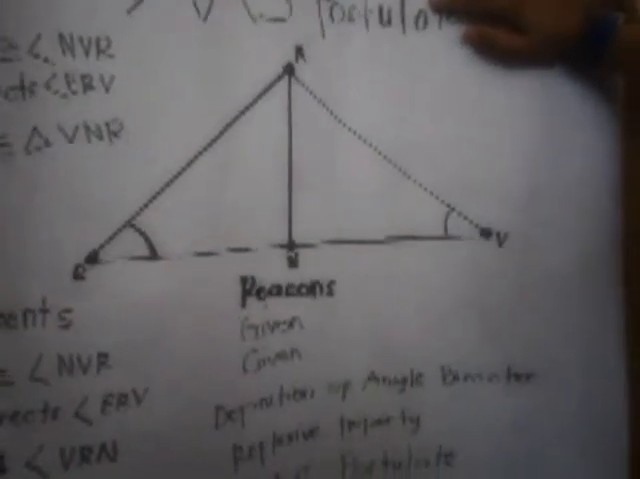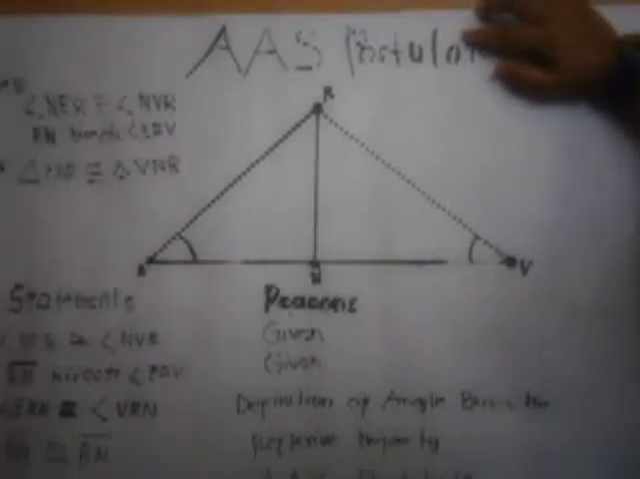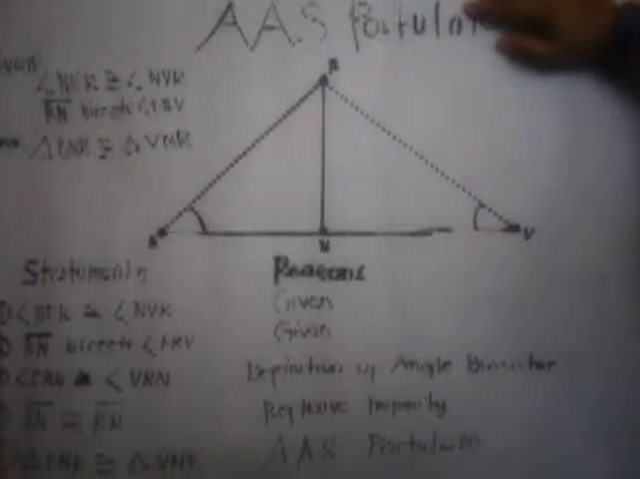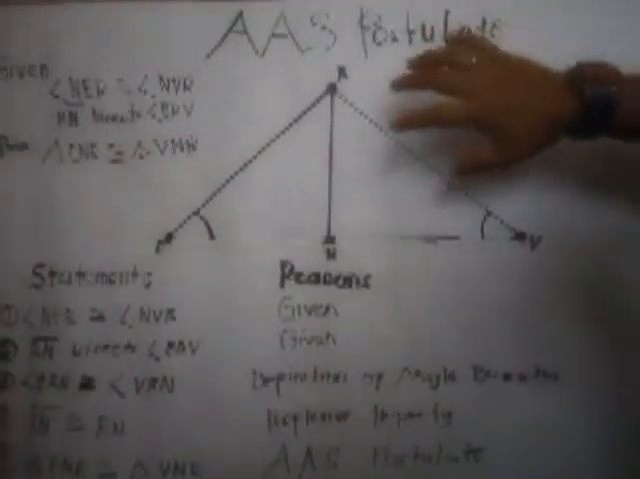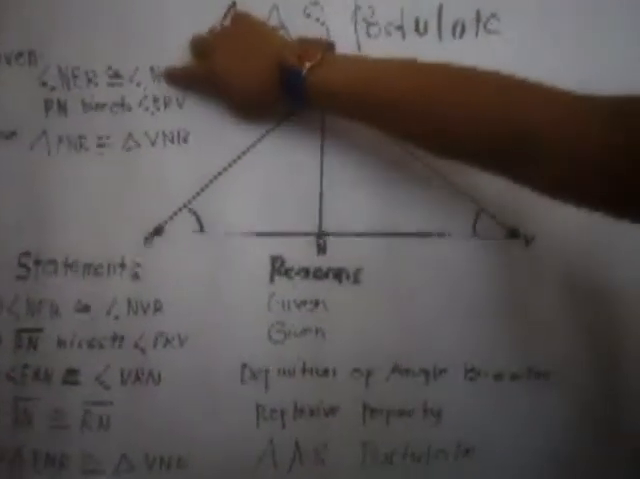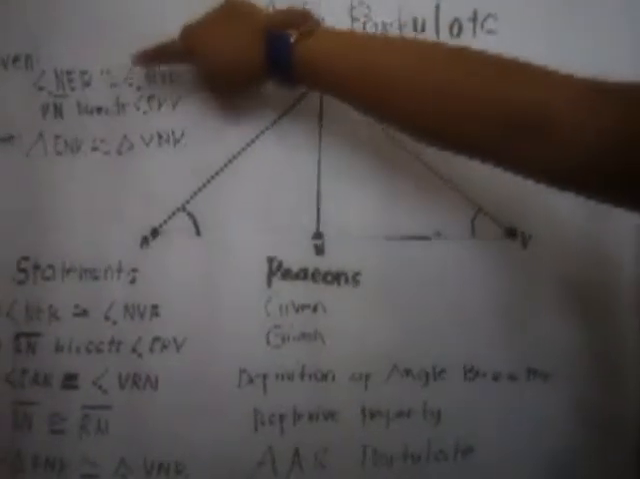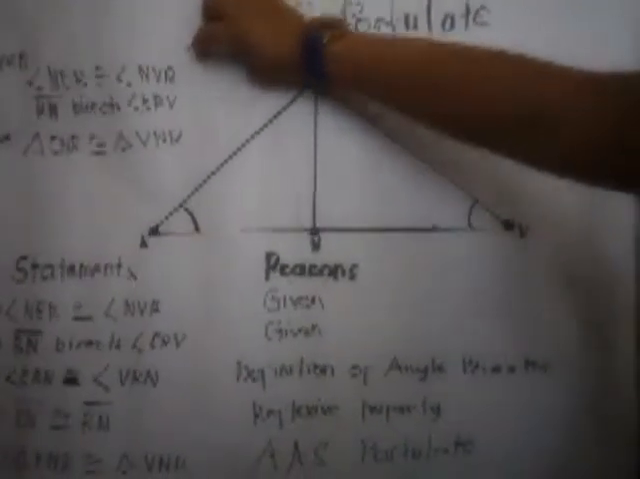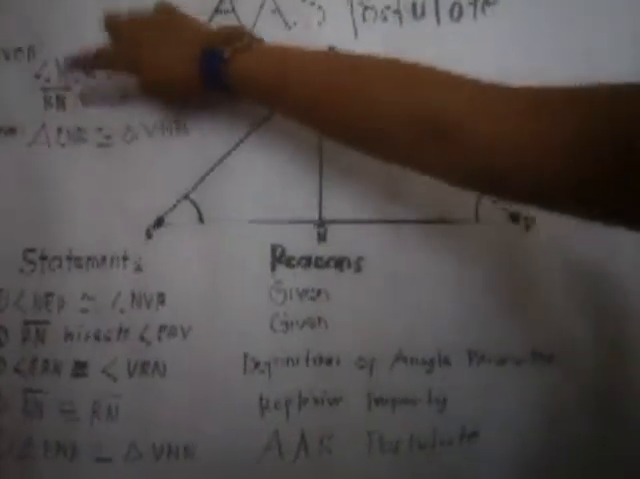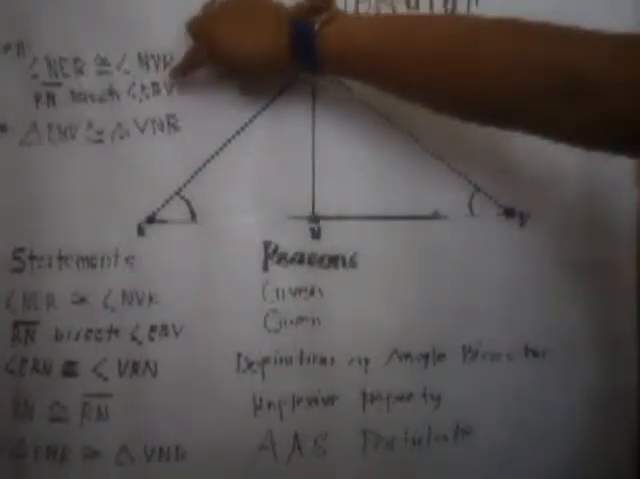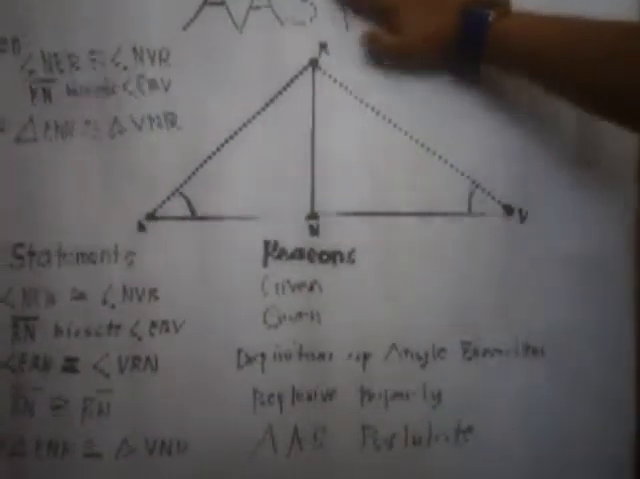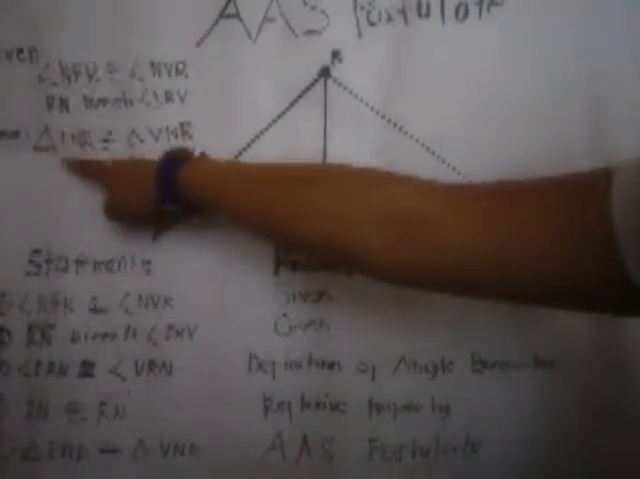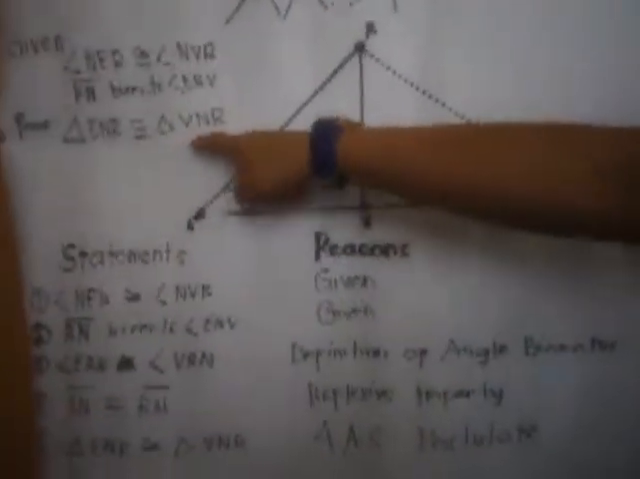The correct use of the AAS postulate is shown below. So, like this example, the given is angle NER is congruent to angle NVR. Then, RN bisects angle ERV. Then, the proof is triangle ENR is congruent to triangle VNR. Okay, so